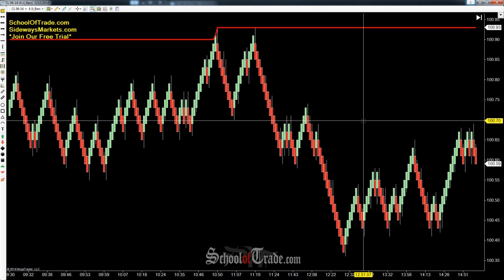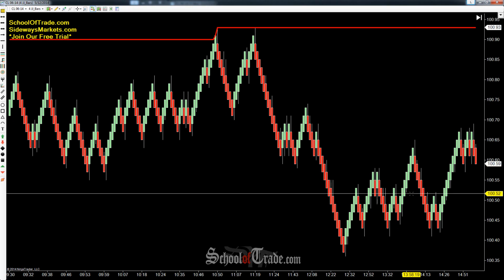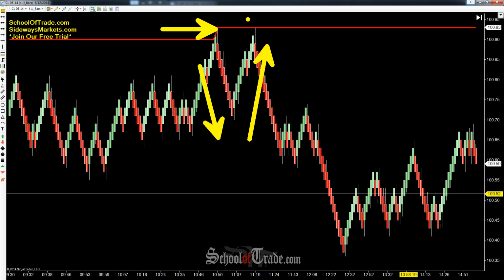So looking at the double top pattern, really, the best way to find a double top pattern is when we make a new high of day, or low of day if you're looking for a double bottom. So for a double top, the first thing you want to find is where we make a new high of day, and you want to look for a reattempt at that high of day. As an example, right here, we have that first attempt at the high of day, and we get a little bit of a pullback, right? We drop down a little bit, but then we try to give it one more shot,